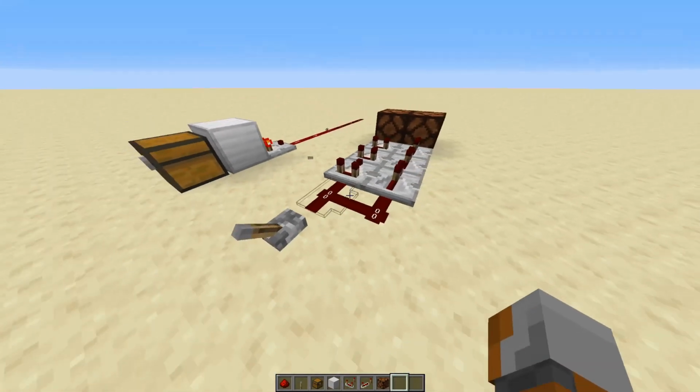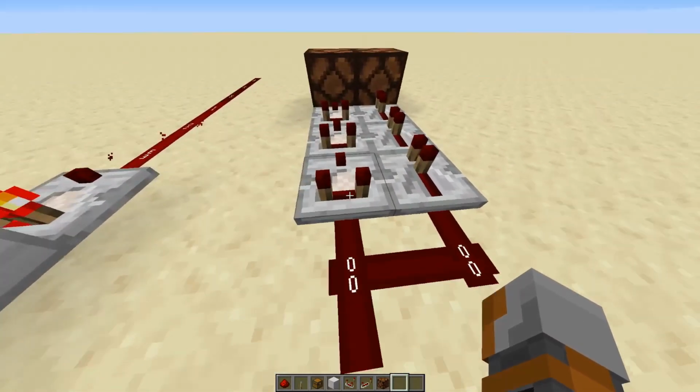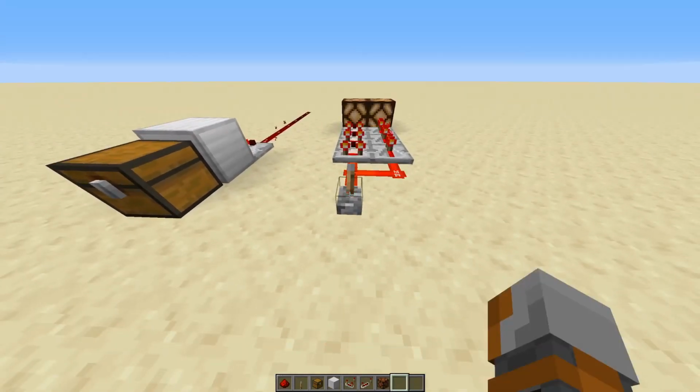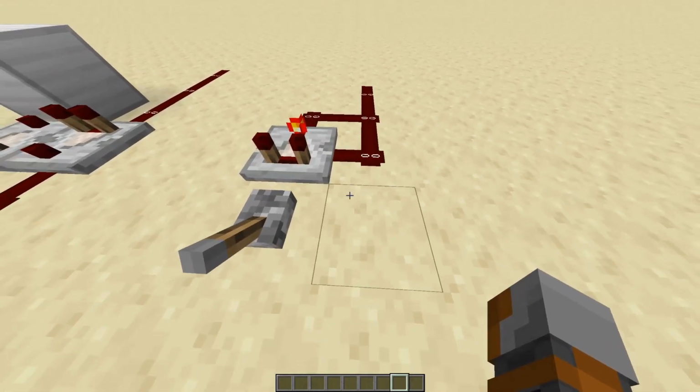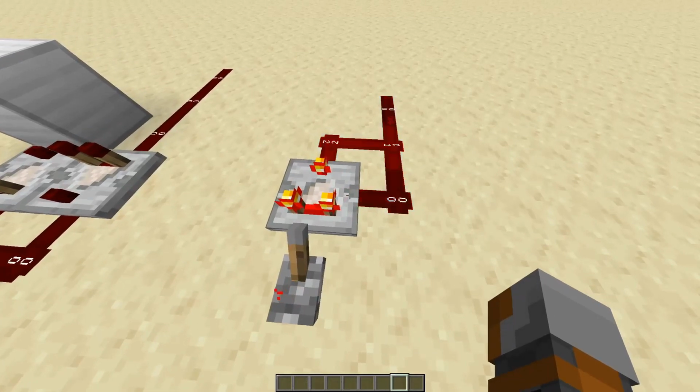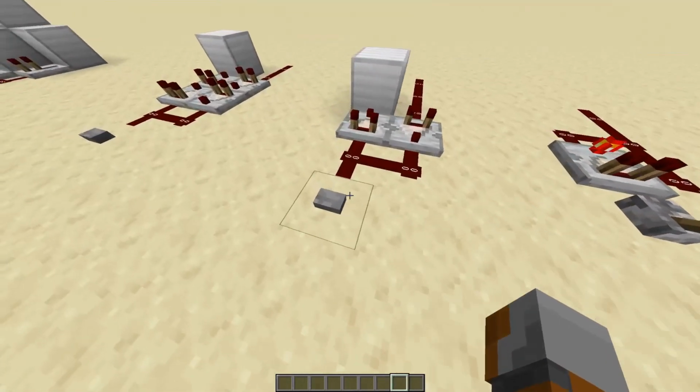You will still get the right amount of output. Okay, the second thing is that a comparator has a delay of 2 ticks, which is the same as a repeater, which you can see here. The lamps turn on at the exactly same time. Now, there are a few cool things you can do with comparators, for example this super fast clock. Furthermore, there's a pulse extender,